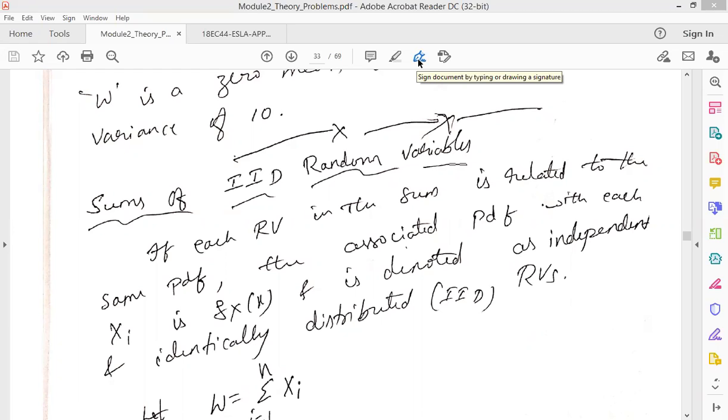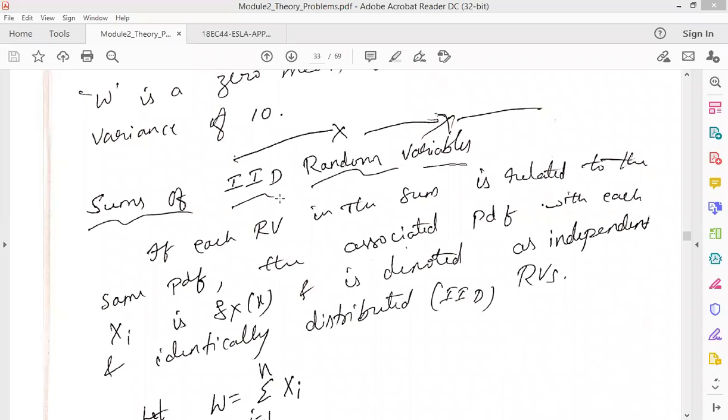In the case of the sum of two independent random variables, the PDF of each random variable may be different. But when we consider the independent and identically distributed case, whatever variables we consider will be associated with the same PDF. Such random variables are said to be IID random variables. Here we are going to discuss such a sum of IID random variables.